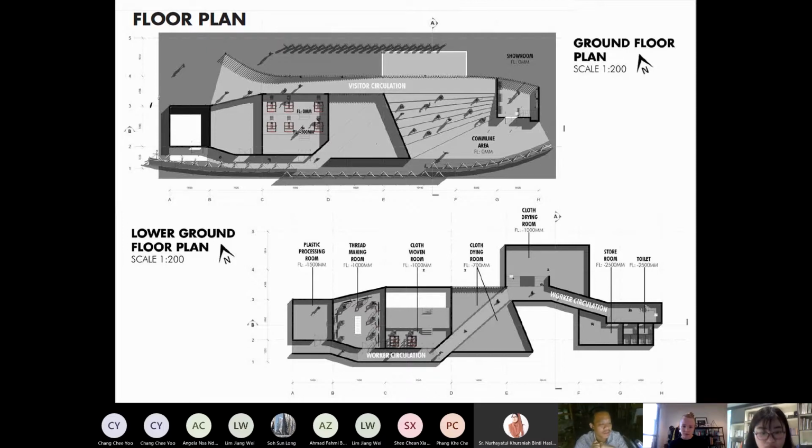And I'm not so sure about your lower ground floor plan, because these two plans are very poorly communicated in terms of symbols, doors, and staircases. I'm not so sure how they actually connect between floors. Maybe you are missing some void symbol somewhere. And then the odd shape, I'm not so sure why you need such a shape. I'm not saying it's wrong, it's just that it's poorly justified.